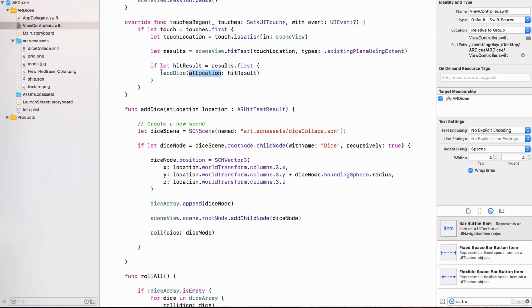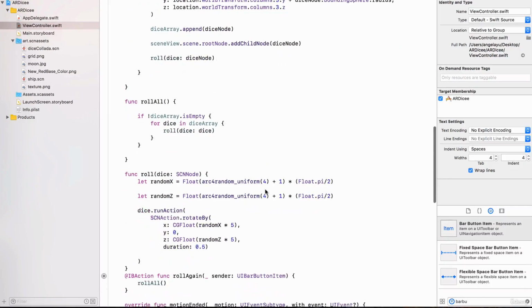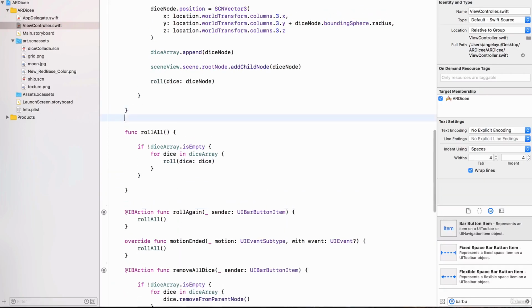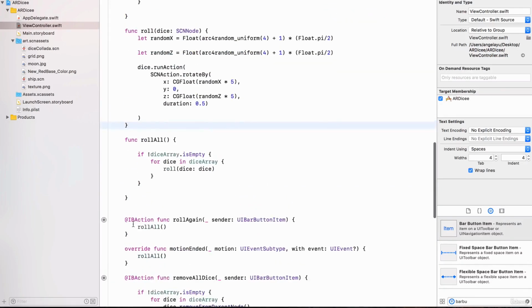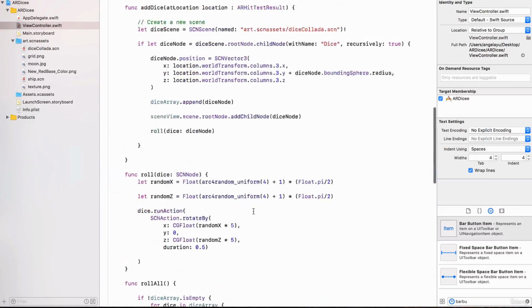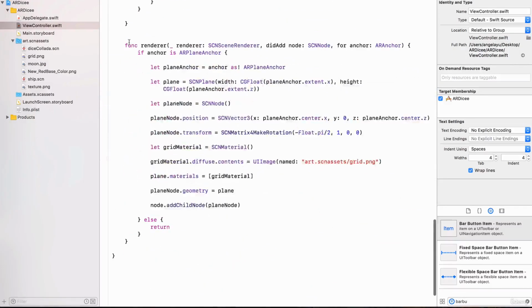And this is just a way of making your code more expressive, so that somebody else who has never seen your code can have a look at it and be able to get to grips with it relatively quickly. All right, so we've separated that functionality out, and I'm going to put this function above the roll all. Now this is really up to you, and this is completely personal, I would say, but I think it makes more sense hierarchically. I'm going to keep these three as they are, and then I'm going to move on to